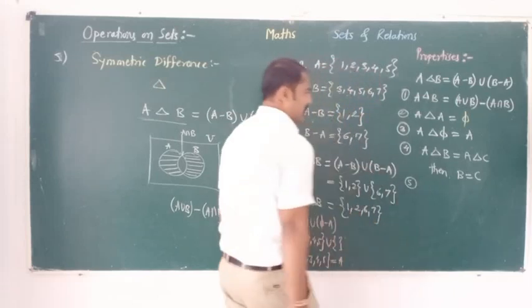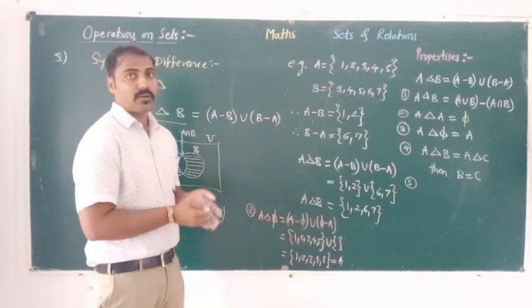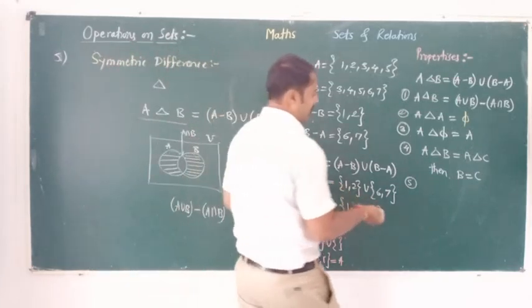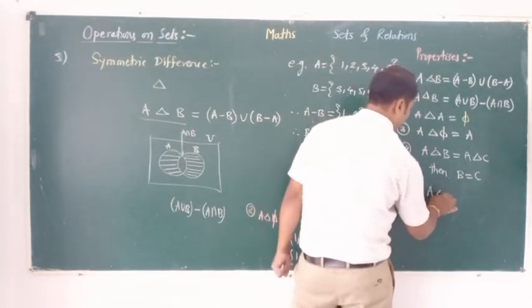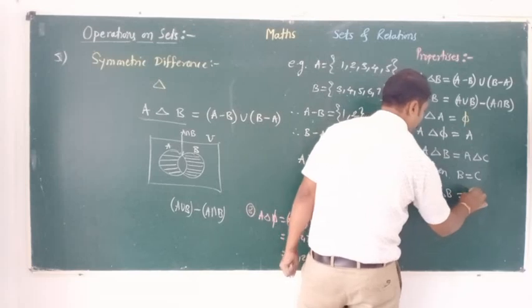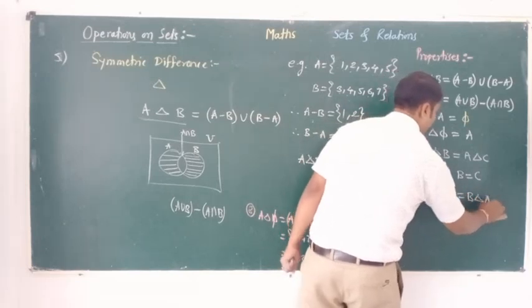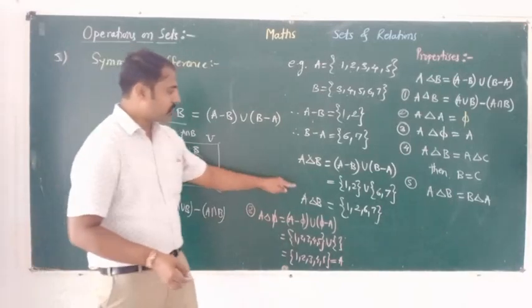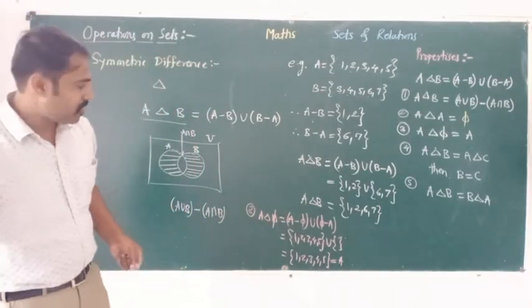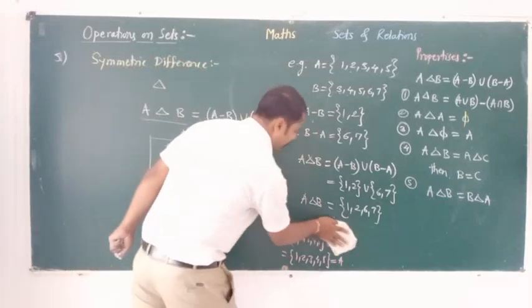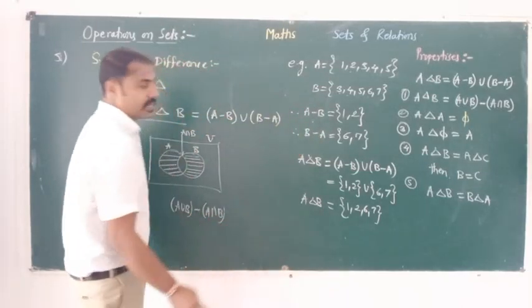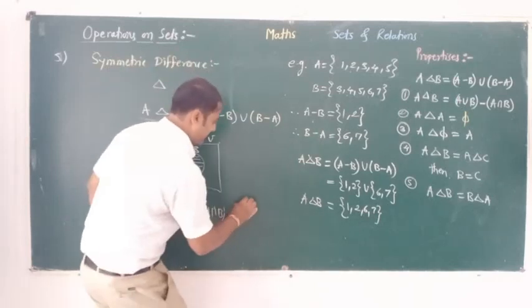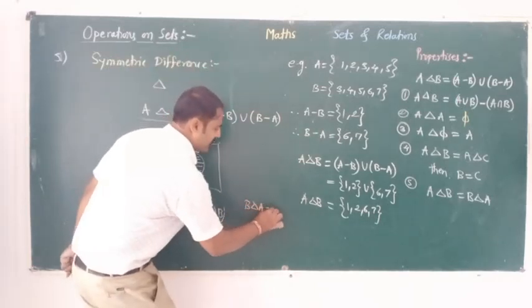Fifth property of symmetric difference is here. A delta B and B delta A both are same. A delta B is equal to B delta A. Look at it. Here we find A delta B. Now I am finding B delta A. What is B delta A? I am writing here B delta A is,